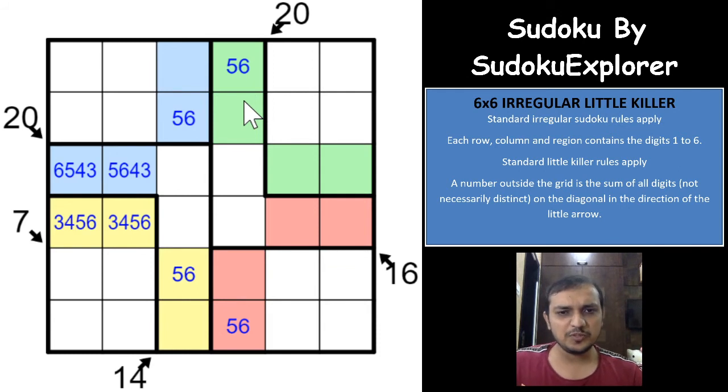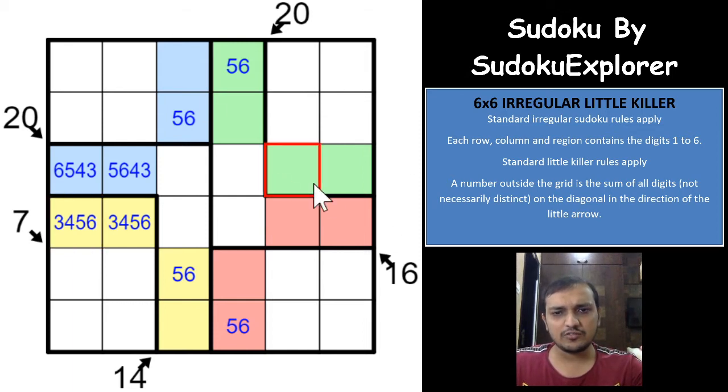Superb. So now we know that for the 20 sum you already have 6, 5, which is 11. So these two digits would have to sum to 9, which is 6, 3 and 5, 4. Same way for the 20 here, you have 5, 6 here, right? Which means that these two would sum to 9, which is 6, 3 and 5, 4. So one of these two digits will be 6, 3 and the other will have to be 5, 4, right?